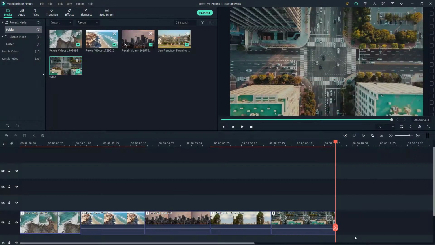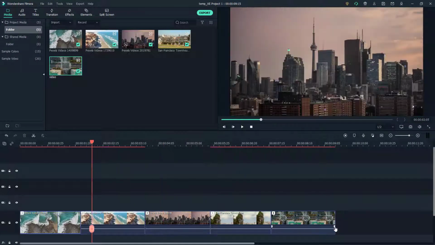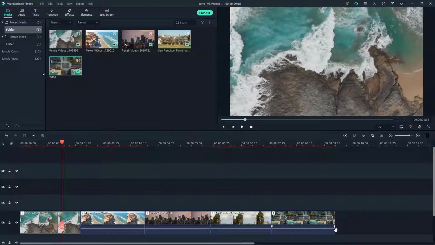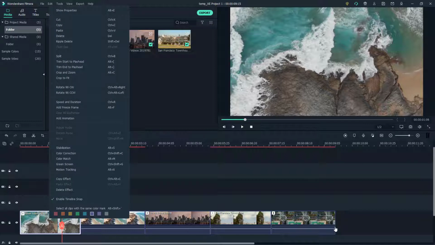So over here, you can see that I have a bunch of footage on my timeline, and now let's make it easier to select them out and work around with it with even more efficiency. So to do that, what you can do is you can add in color marks to them. So to add in color marks, simply right click on the footage you want to add in color mark to,